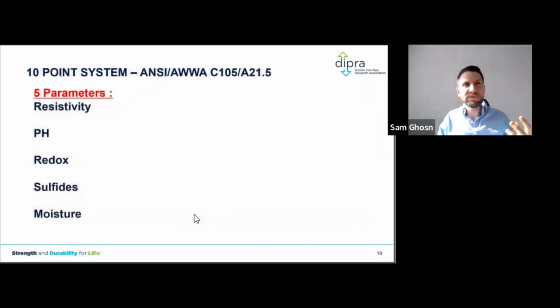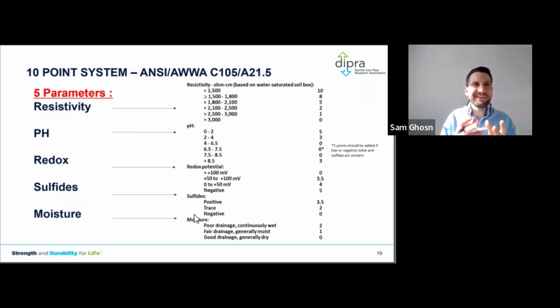How do we know if soils are corrosive? We know that by testing soil samples, folks. Very important. Like I said, Uncle John in the 1800s and 1900s did not do that. This started in the 50s and 60s, and today we do due diligence on every water main that we install these days. So what kind of parameters do you need to test in the soil sample?